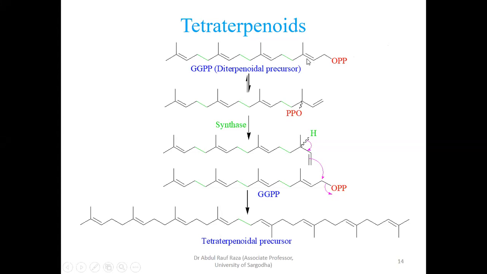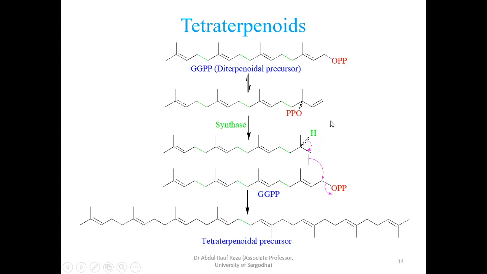This OPP is in equilibrium. This OPP is present here, and we have a double bond here. You already remember this also exists in this form. I presented this in the beginning of this course, when we started with terpenoids. So what happens? Synthase substitutes this with a hydride, or you can say directly from here, it can convert into there,